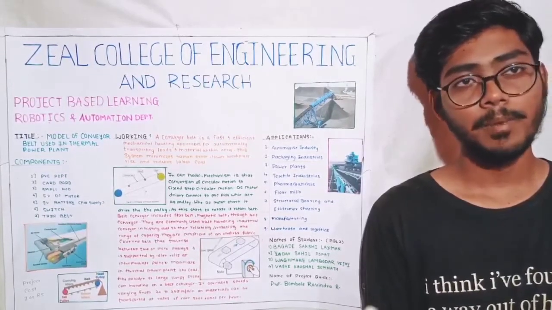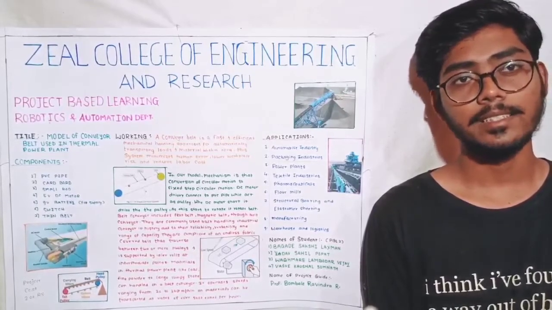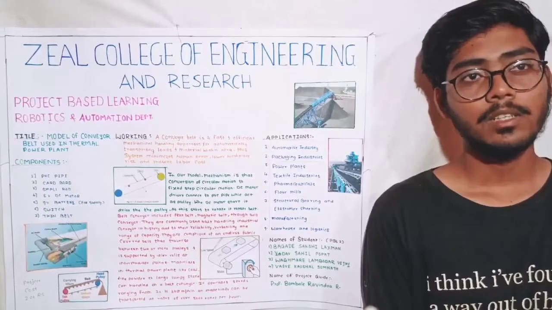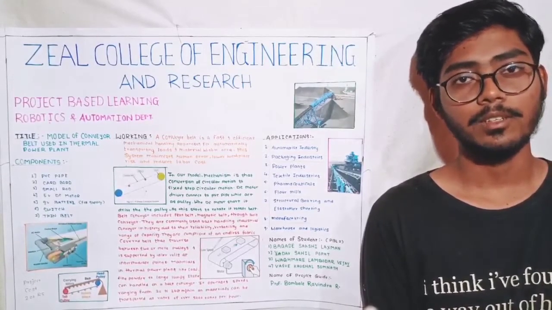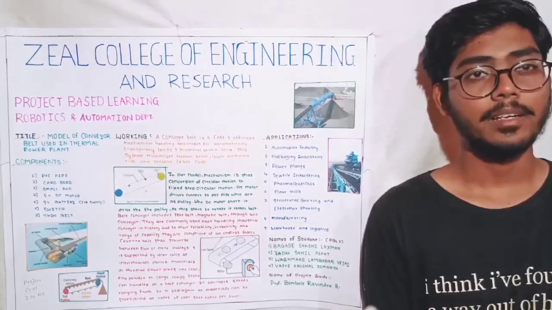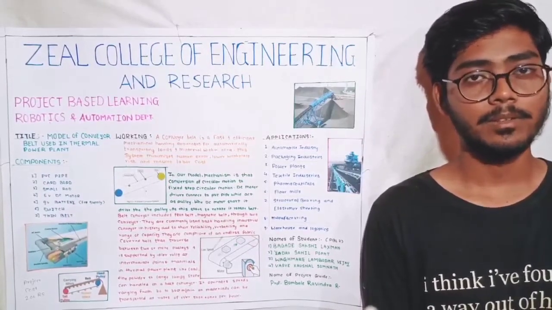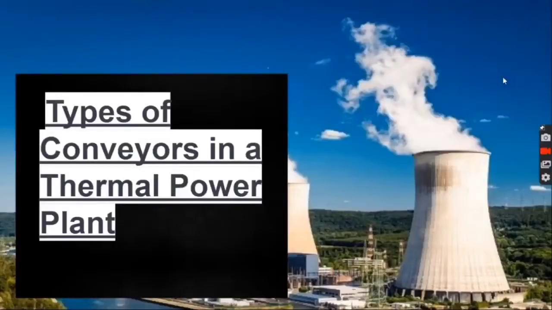A thermal power plant is a plant that converts heat energy to electrical energy from sources such as steam and fossil fuels. Thermal power plants rely on conveyor transfer systems to transfer the fossil fuels. Now there are many types of conveyor belts, but we discuss the types of conveyor belt used in thermal power plants. Let's check it. Now we move to the types of conveyor belt used in thermal power plants.